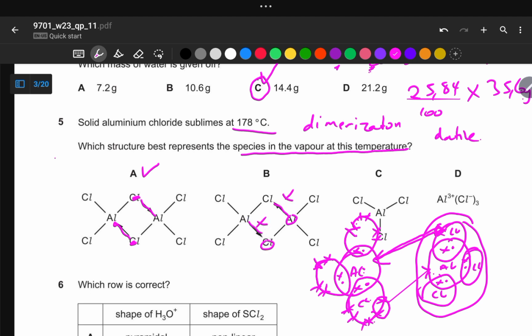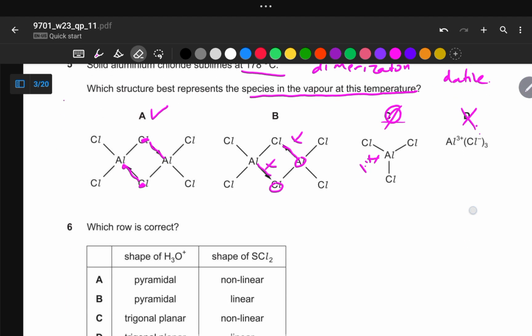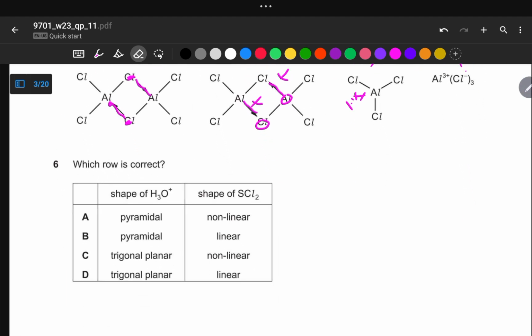Chlorine is the one which donates the electrons, and here it doesn't show any dimerization. You need to say it is false, and this one is false again. So our answer is A. And then we are now moving on to number 6. Number 6 says which row is correct. So the shape of the hydronium ion, right? We have oxygen as the central atom, and then we have this proton,